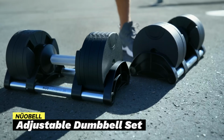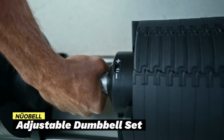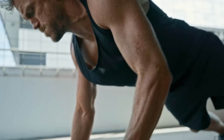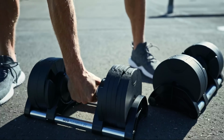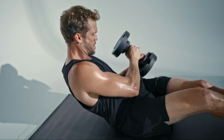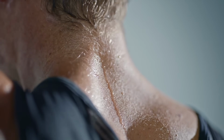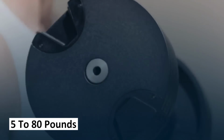At number 4, we have the Dumbbell Adjustable Dumbbell Set. The Dumbbell Adjustable Dumbbell Set is a space-saving powerhouse designed for modern home gyms. With its sleek ash color and premium materials like powder-coated iron cast plates and anodized aluminum handles, it offers both style and durability. This model allows users to adjust weights from 5 to 80 pounds in swift 5-pound increments, perfect